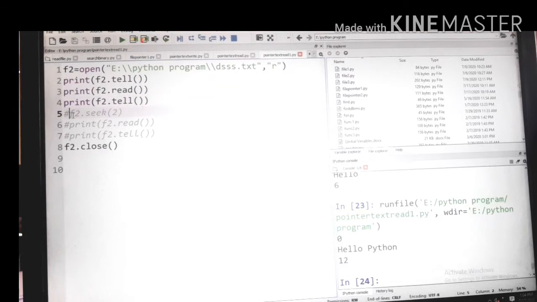Now we can use the seek. How does the seek work? Again, where is the position of the file pointer? The file pointer is at 12. Here is the output, the file pointer is at 12. Now we can write seek(2). The seek function puts your file pointer at your desired location. Whatever location you choose, you can choose with the help of seek. Now the file pointer is at byte number 2, starting from byte number 2.